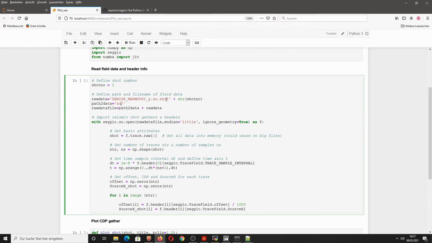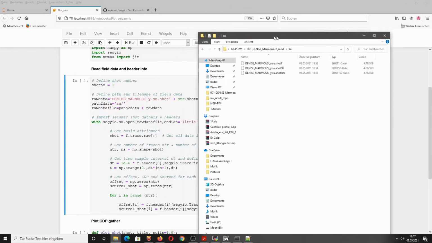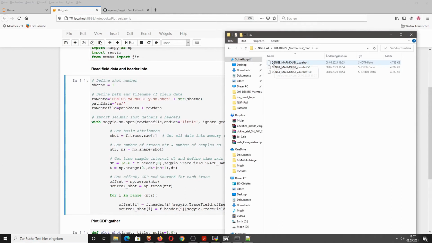And then we have to define here the base name of our Seismic Unix files again. So this is DENISE_MARMOUSI, everything in capital letters, and of course I already prepared that. And as a nice touch, I also added the option to simply define here the shot numbers, and then the shot numbers are added here as a string, so that you only have to change the shot numbers in order to import different shot gathers.